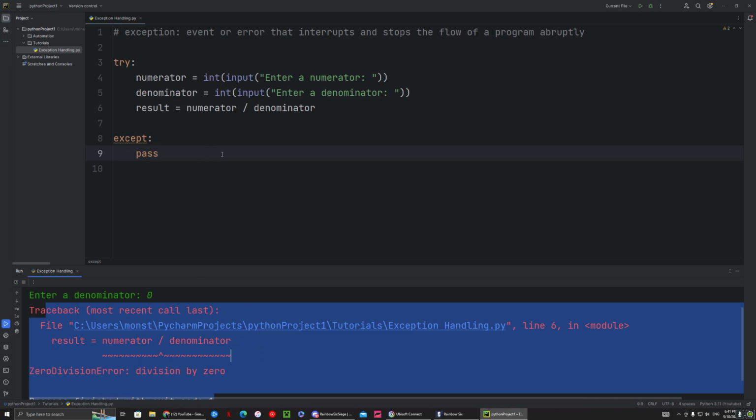So whenever you have user input, you typically want to do this because you never know what the user might put, and if it's something that might cause a problem, then you want to try to catch as many of those as you can. So to catch any normal error, any error at all, you want to say except, and